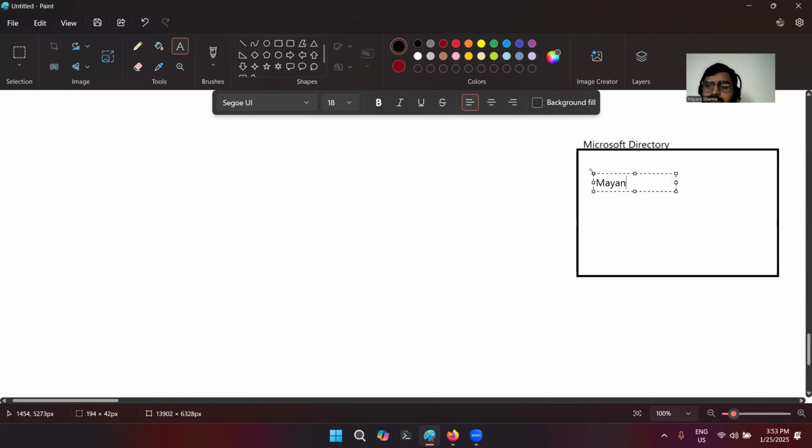Mayank has an account, let's say Ajit has an account, Panchu has an account, Narayan has an account. There are thousands of users who have accounts. When we create our account in Microsoft, Microsoft adds us in its own directory.